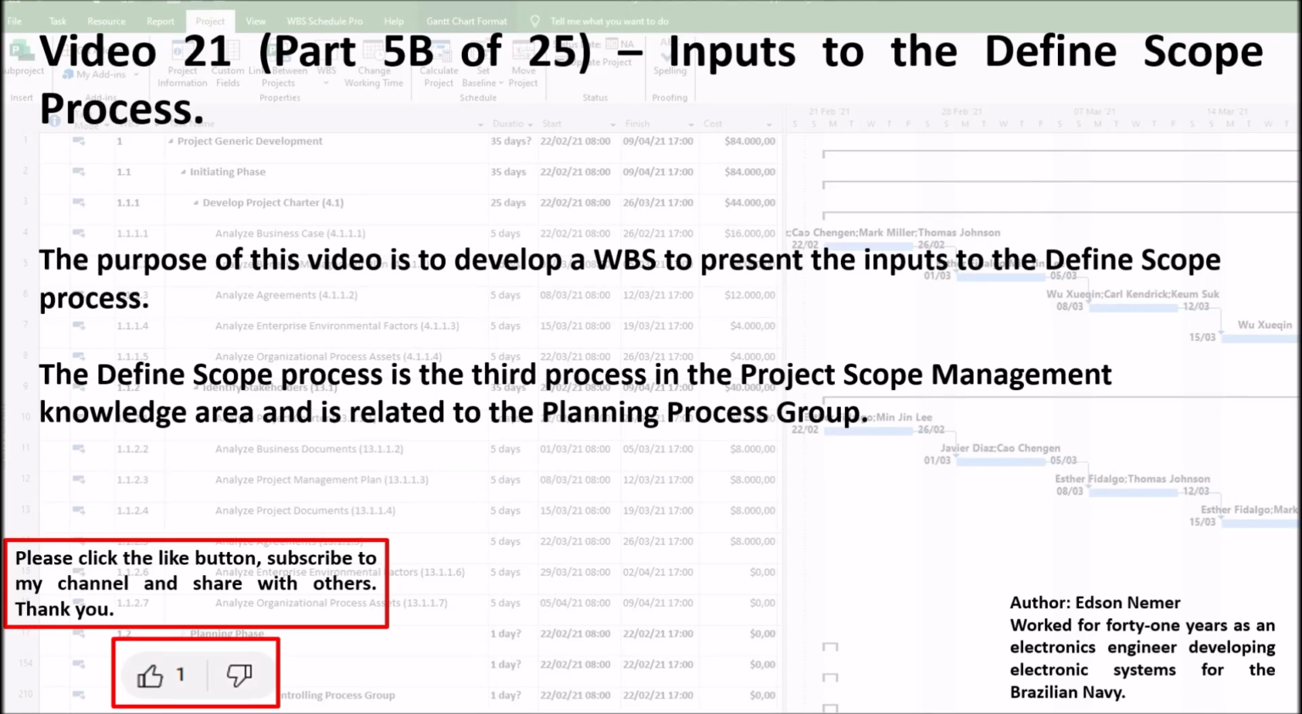Video 21, Part 5b of 25, Inputs to the Define Scope Process. The purpose of this video is to present the inputs to the Define Scope process. The Define Scope process is the third process in the Project Scope Management knowledge area and is related to the